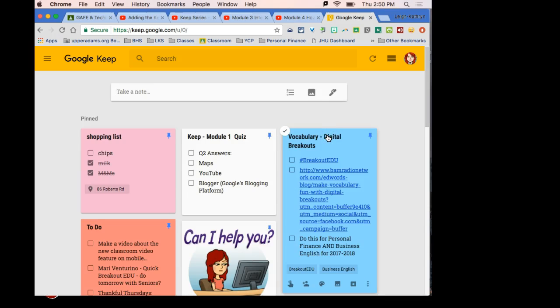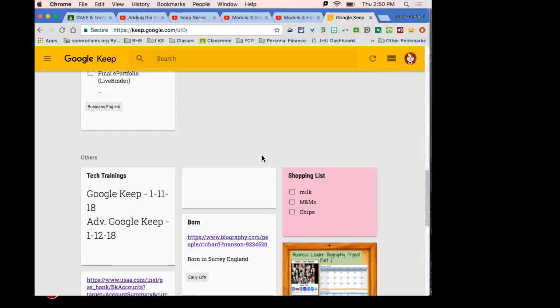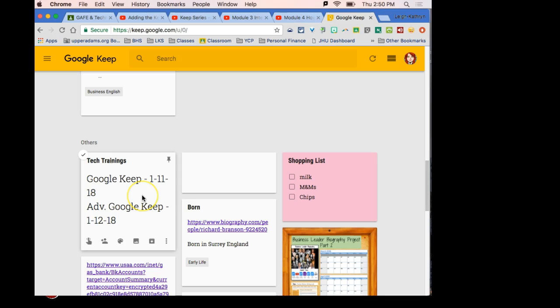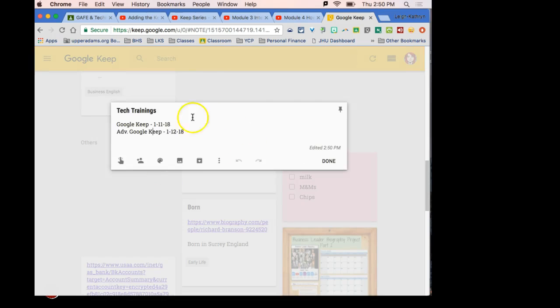So it should show up right here. So we sort of made a list. Okay, so here it is. If I want to edit it, I can just click on it and it will open up my little note. There's a whole bunch of things here, and we'll look at these in a second. The three dots here, the more buttons, the hot dogs.